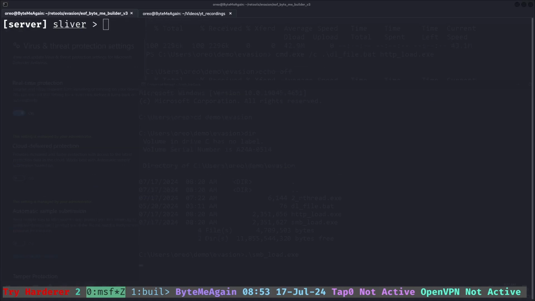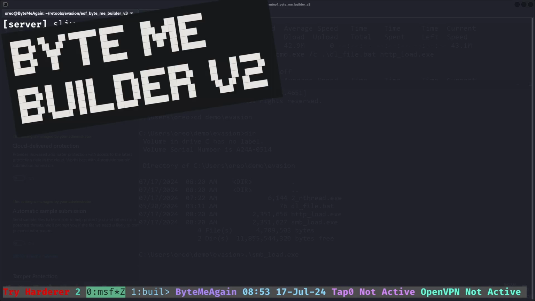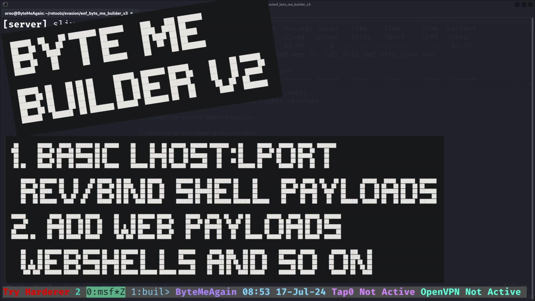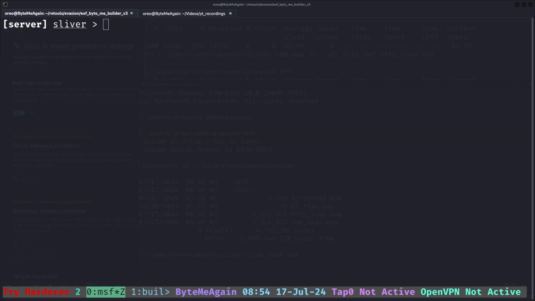After everything's said about Byte Me Builder and its issues, how do I plan to improve the tool beyond the basics of removing what doesn't work and lowering obfuscation time for large shellcode payloads? First, I'm going to split the tool into 2 different tools. One with the original name, Byte Me Builder, which is going to handle all the basic payloads on top of including additional payloads for web shells, and other quick things,